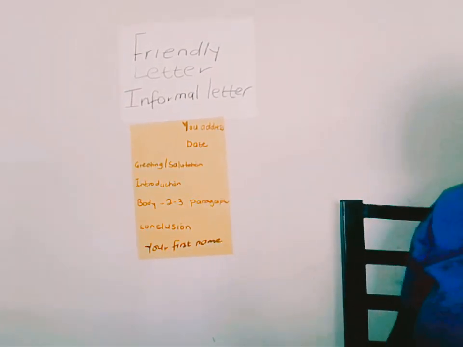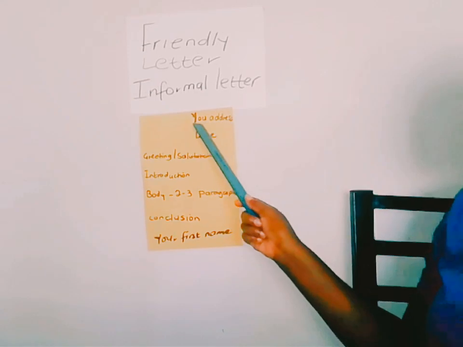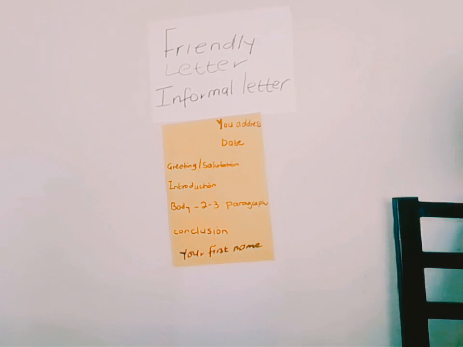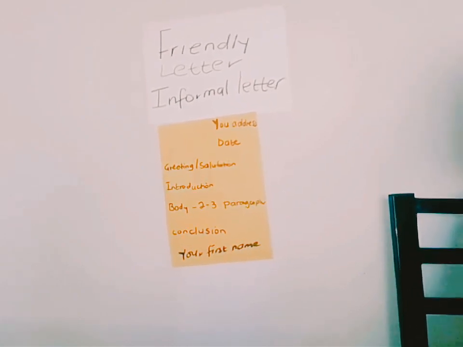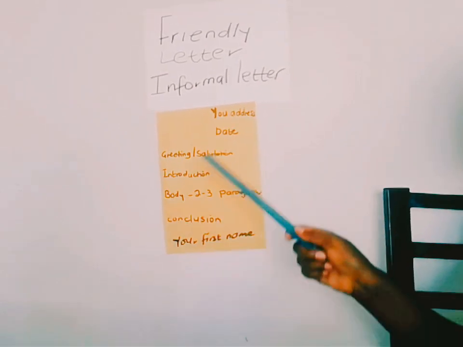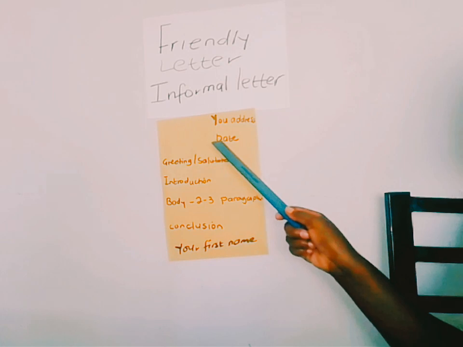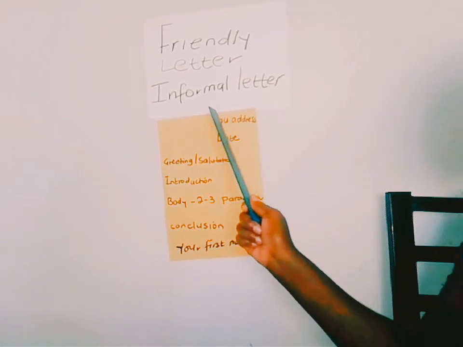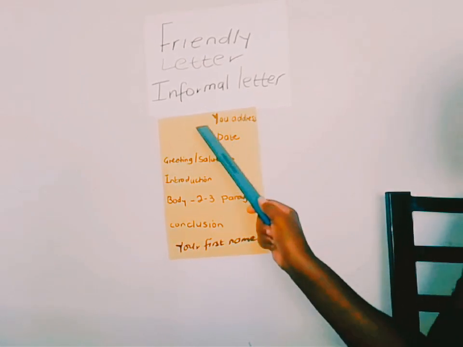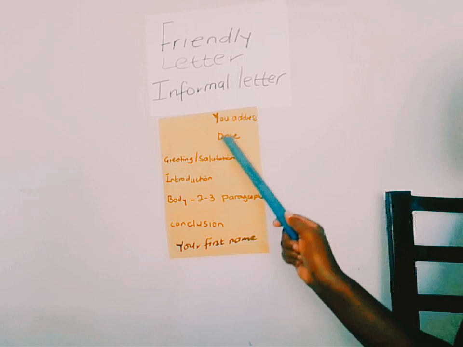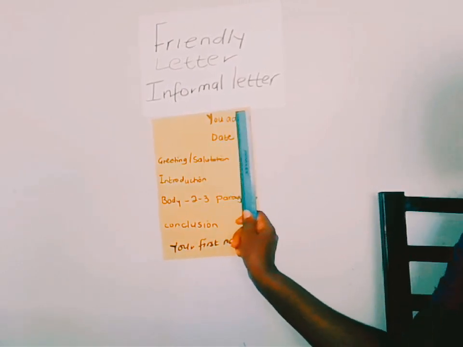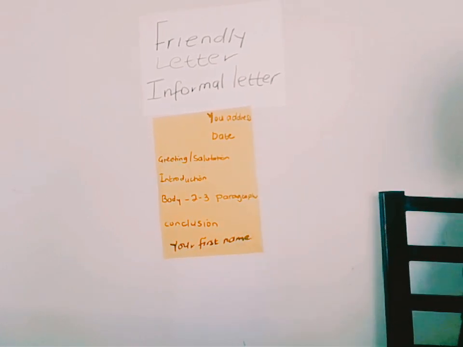When you write a friendly letter, you have to start with your address in the right hand corner. Your own address, P.O. Box 222, Oshakati, Namibia, or wherever you stay, the writer's address. You omit a line, then you put the date. Make sure that your address and the date are in a straight line. You cannot write P.O. Box here, then the town here, then the country here, then the date here. Make sure that it's in the same line, here in the right hand corner of your letter.